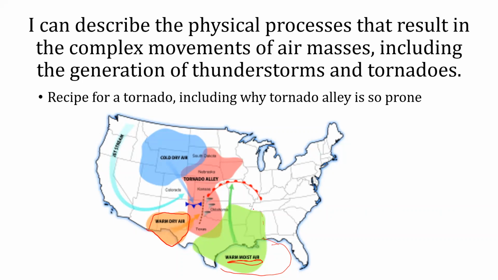The warm, moist air comes in on the bottom. The warm, dry air comes in the middle, and then cold, dry air, so continental polar, usually could be continental Arctic, but I think it's usually continental polar, comes in from the north, from Canada,